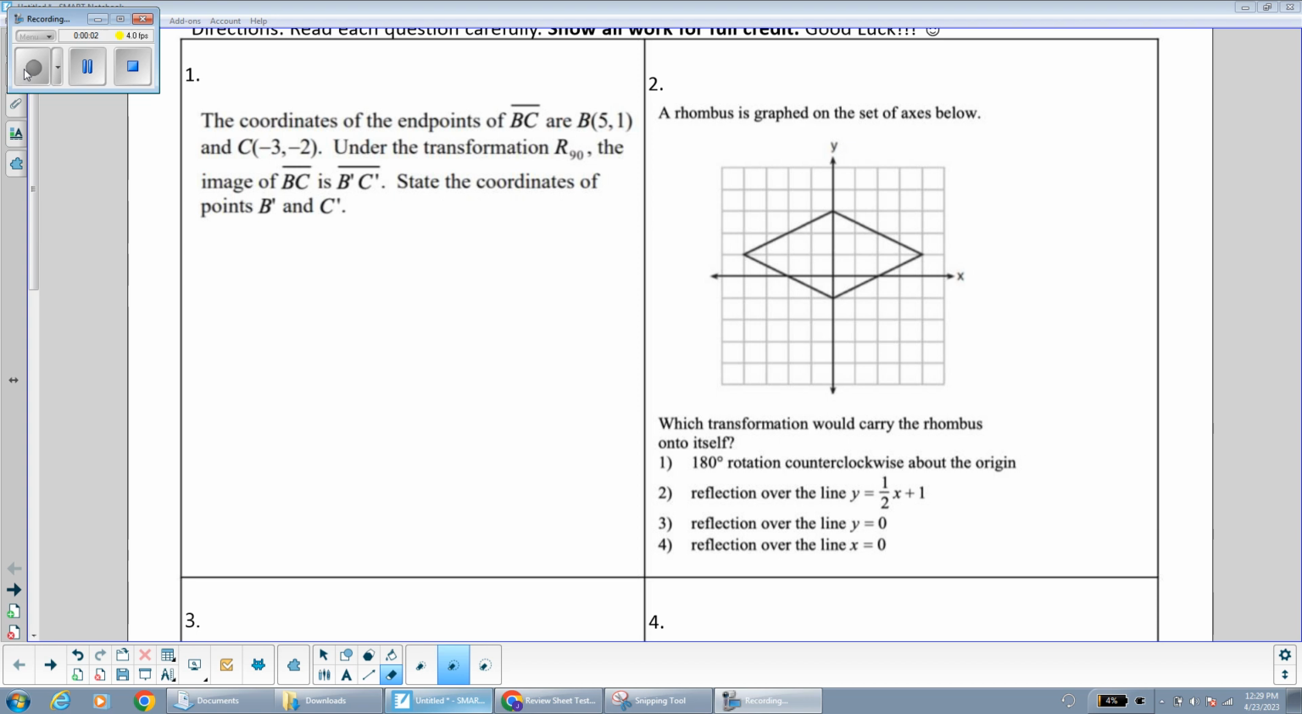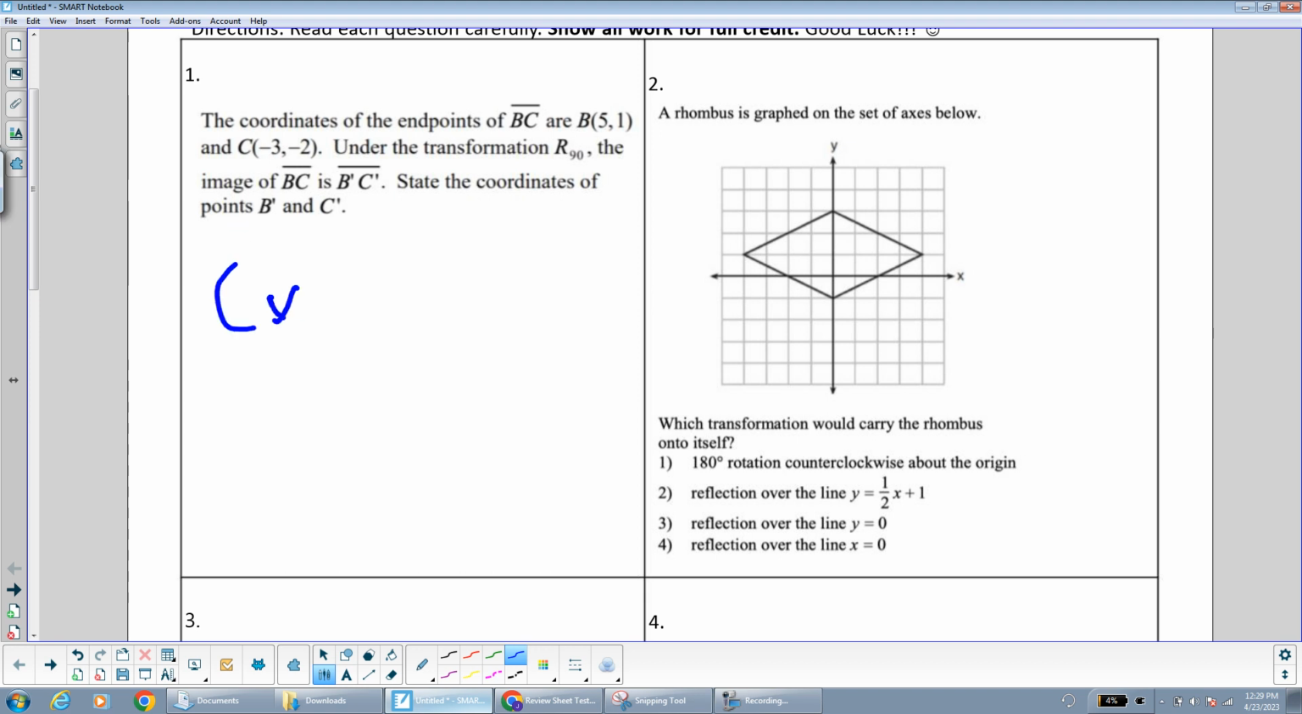For question 1 of the review sheet, it says that we're taking line segment BC and we're rotating it 90 degrees. Remember that the capital R means rotation, and when it doesn't specify, we're always going to be rotating counterclockwise unless it specifically states that we're going to be rotating clockwise. So our rule for a 90 degrees counterclockwise rotation is our original coordinates are going to switch the order and